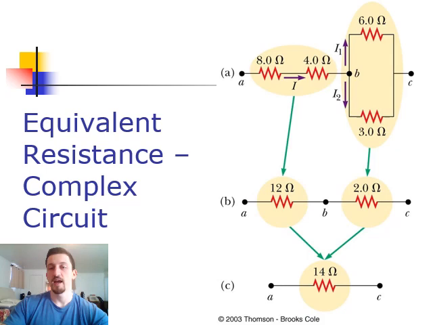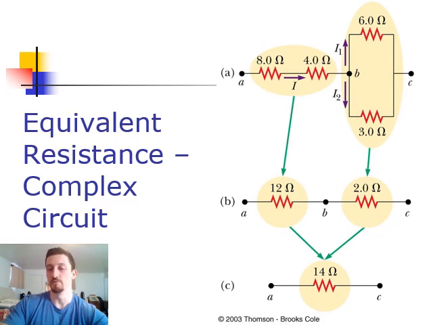So if we look at part A, we have these two resistors in series, 8 ohms and 4 ohms, and we know that for series circuits, the equivalent is just going to be the sum of those resistances. So we can combine those into one resistor of 12 ohms. On the right hand side of this circuit, we have a 6 ohm resistor and a 3 ohm resistor in parallel. And we know if we want to replace that with an equivalent resistor, we need to use 1 over R equivalent is equal to 1 over 3 ohms plus 1 over 6 ohms,